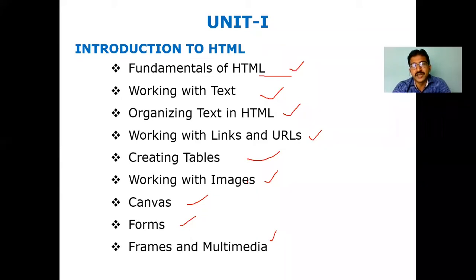100 to 120 elements. Elements in the sense, like when you want to create a text field, for example, a text field is an element. If you want to create a button, a button is an element. If you want to create a text box, a text box is an element. If you want to create a text area, it is an element. If you want to insert an image, img is an element. If you want to make a hyperlink, create an anchor, a is an element. Like this, these are the elements, so you can easily remember.